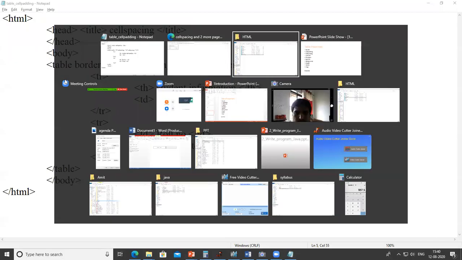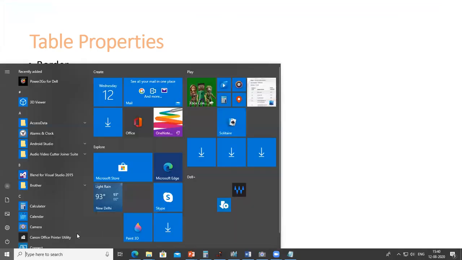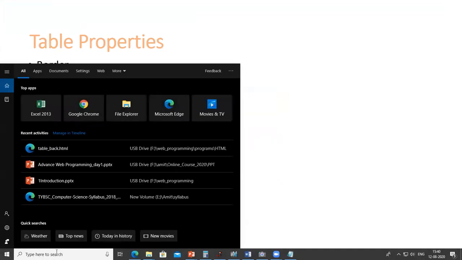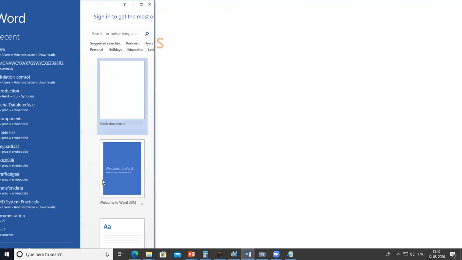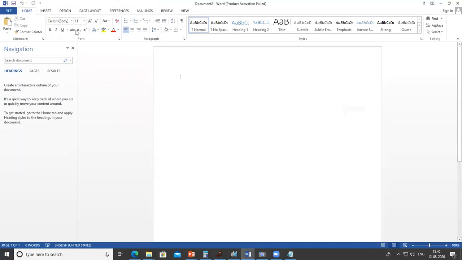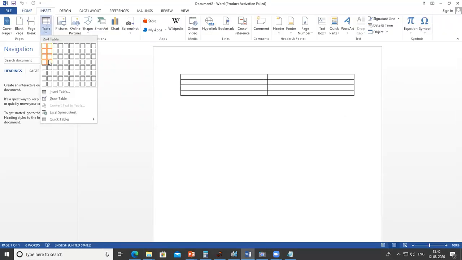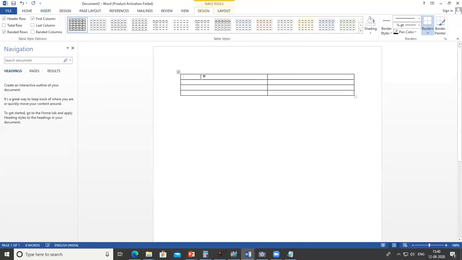So next property is col span and row span. Col span is used to merge the column. Let's see an example. Col span. So Word document I open. Suppose here I insert the table. Here I write product name and here I write price.